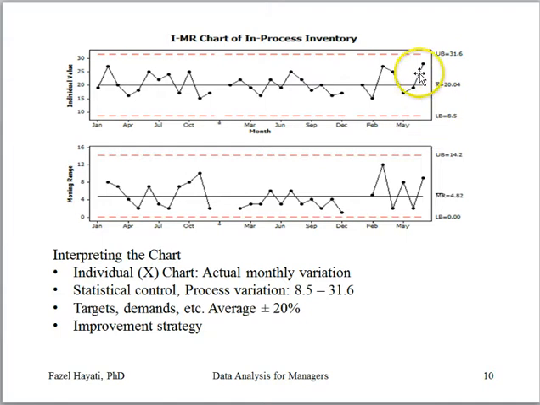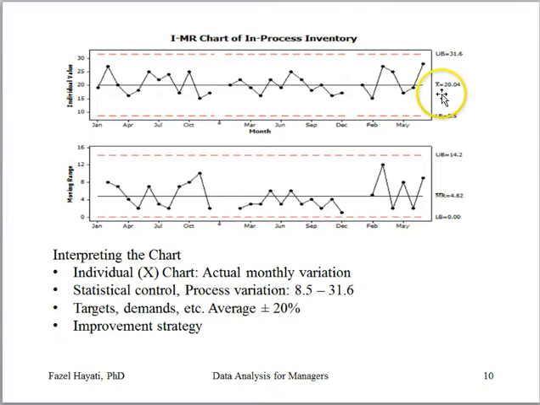Perhaps you say that this is too much, it is too wide of a variation. Well, it may be. However, the limits are calculated using the process data. That is why this is called the voice of the process. This is the behavior of the process under current conditions. So the individual chart is the actual monthly variation. It is in statistical control, and we have a process variation of 8.5 to nearly 32 tons of in-process inventory. The management demands